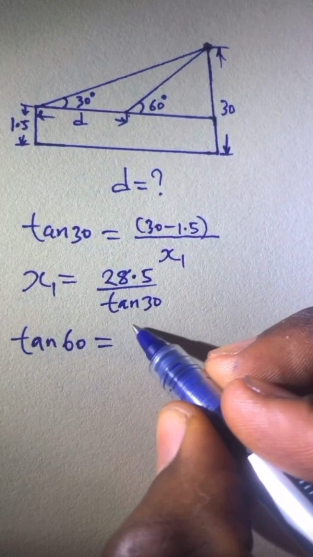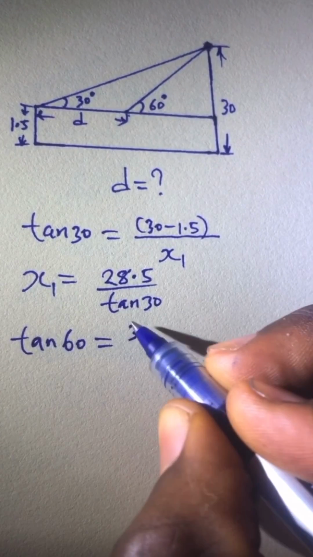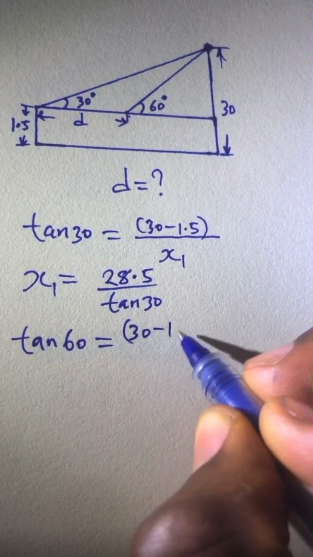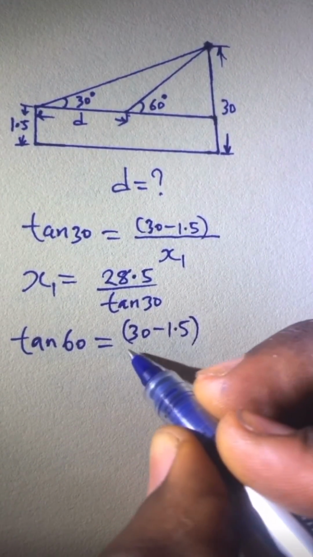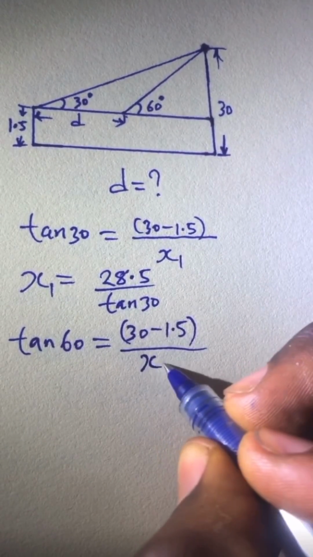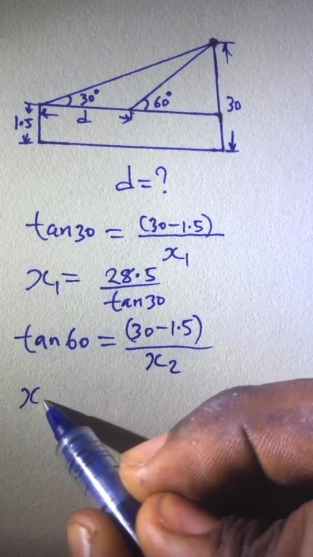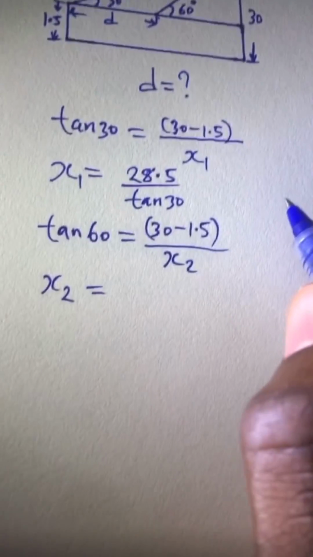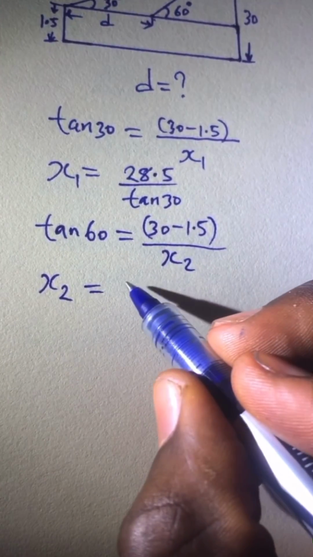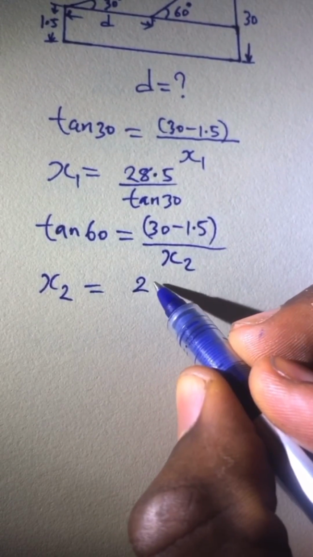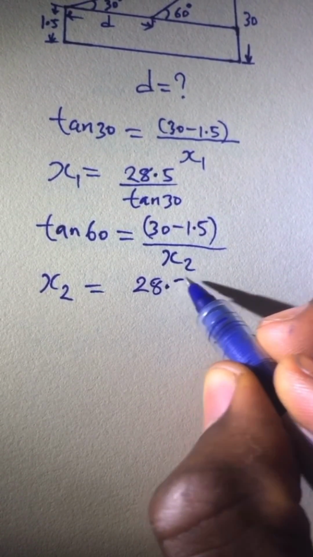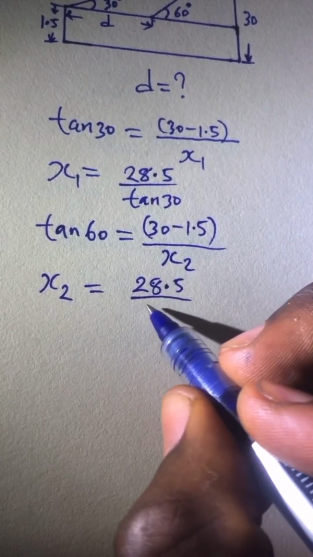So tan 60 will be equal to 30 minus 1.5 over s2. That means our s2 will be equal to 28.5 over tan 60,